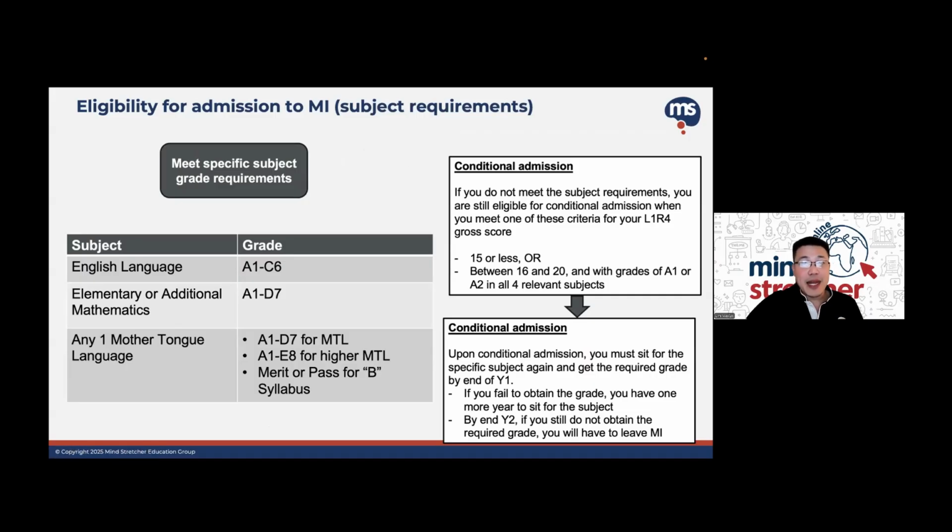So MI1, for the benefit of those of you who weren't around yesterday, in case you're wondering what's the difference between MI and JC, the way to think about it is this. Some of you may be wondering, I'm hovering right there, and from where I am, I may not be able to go to some of the JCs that I want, but perhaps I can qualify for MI. But then should I go to MI, or do I feel that going on a polytechnic route could be better?